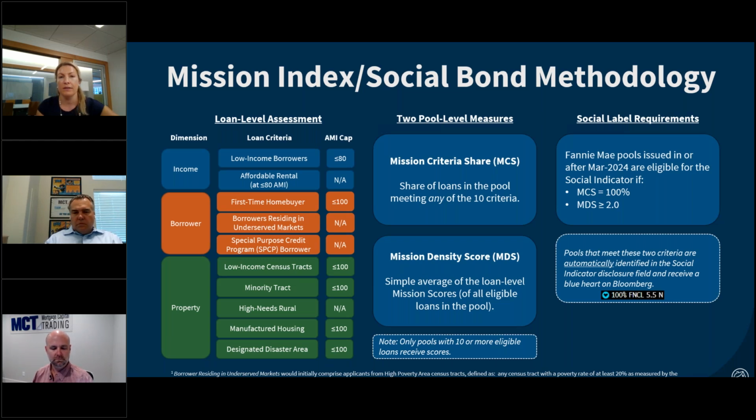And so how do we go from these loan level mission scores to pool level disclosures? So looking at the middle of the slide, we're just showing that these loan level mission scores are aggregated into 2 pool level disclosures. So the first one at the top is the mission criteria share, or MCS, and then we have the mission density score, or MDS. And so the MCS is the share of loans in the pool that meet any of these 10 criteria, and the MDS is the simple average of the loan level mission scores. So effectively, it's like a measure of the layering of mission-oriented lending activities for the loans in the pool. And note at the bottom that we are only scoring pools with at least 10 loans, and that's of course